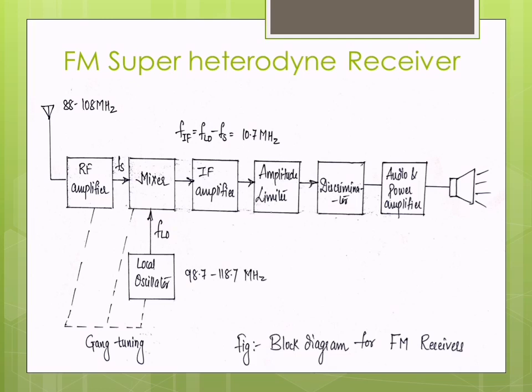Next, coming to the discriminator. The discriminator is none other than your detector or demodulator section. It will reproduce the exact version of the original message signal. If we give the signal directly to the detector or discriminator, it will not change the amplitude, so there will be an amplitude variation. To limit that, we need an amplitude limiter here. So the discriminator stands for the detector section. Then the correct message signal is given to the audio power amplifier, then to the loudspeaker.